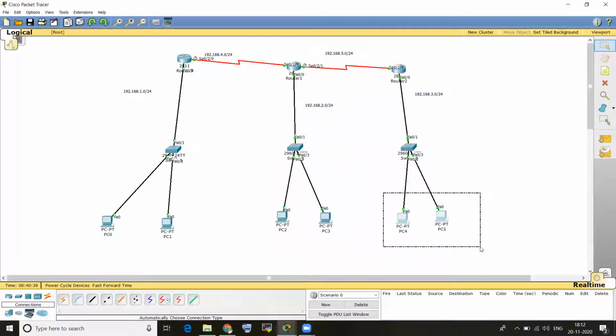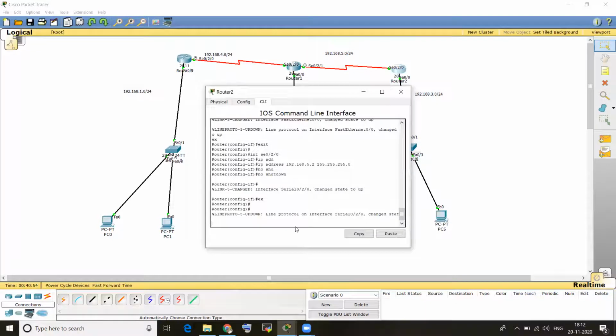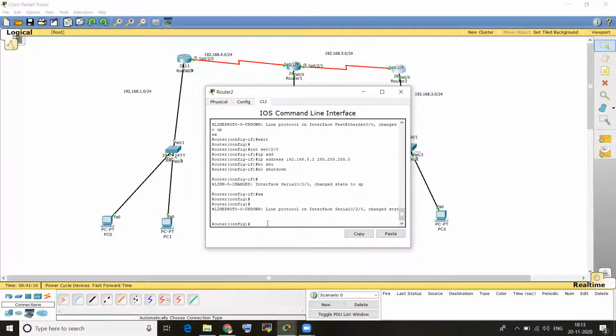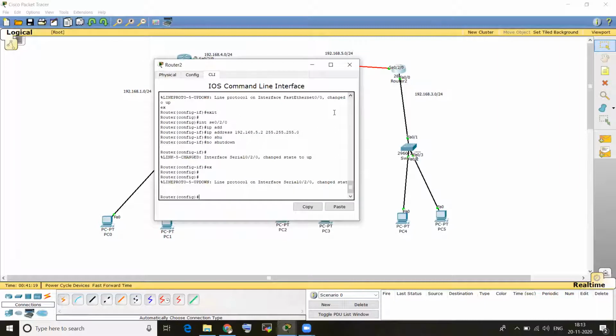So for the last two PCs, PC5 and PC6, I'm not assigning static. I'm assigning dynamic. How to assign dynamic: just click on the router, router 3.